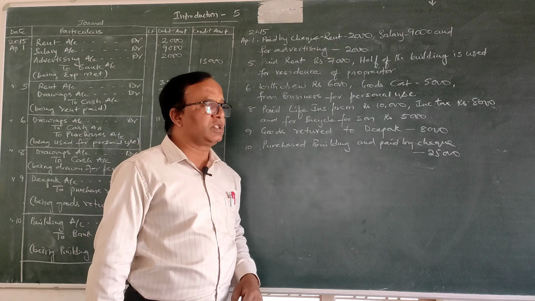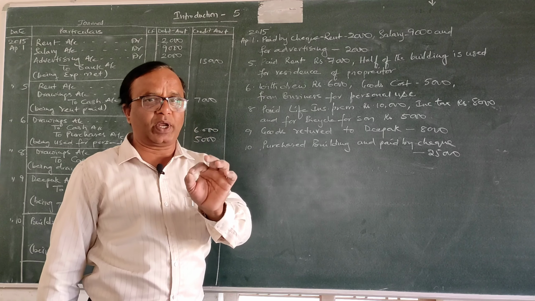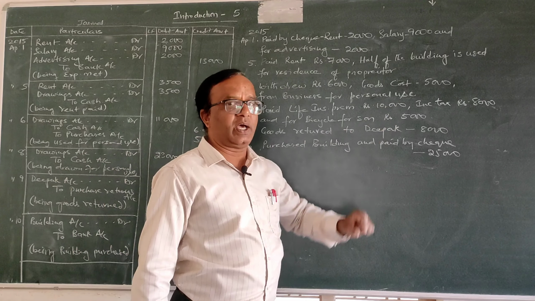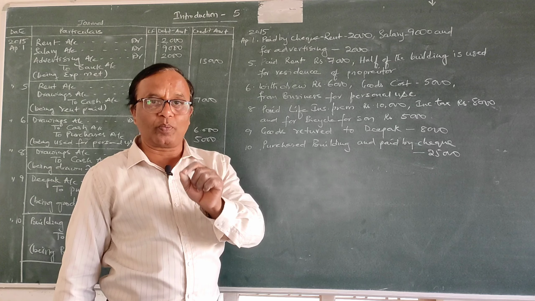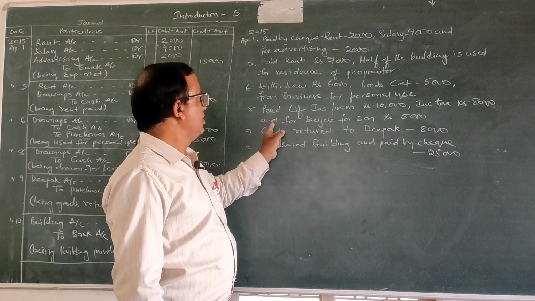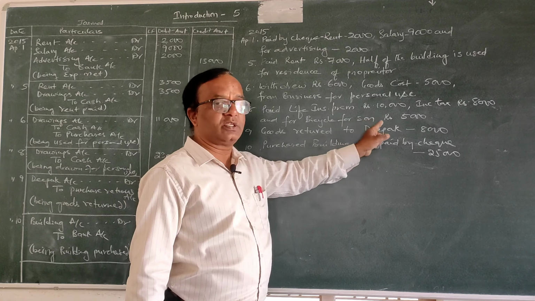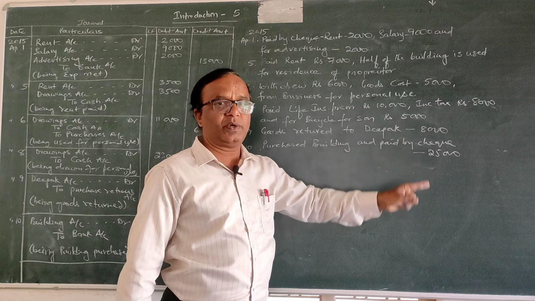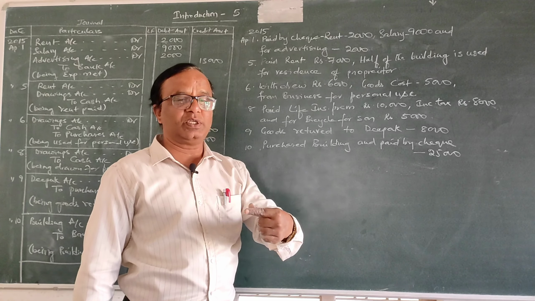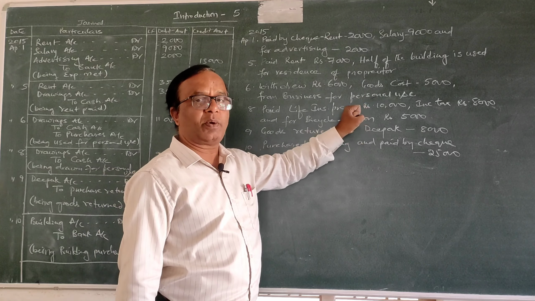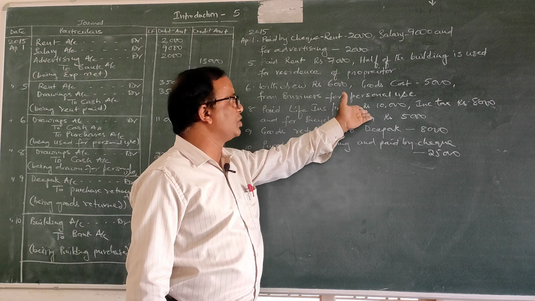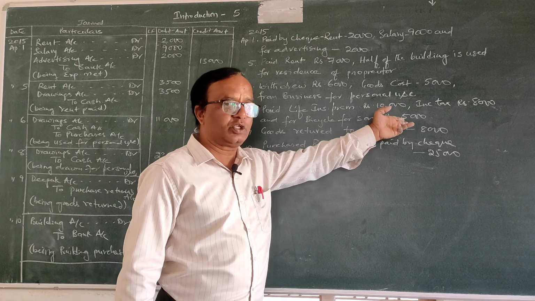Life insurance premium is nothing but a premium on the life of the proprietor. Then again, income tax is a personal tax which the proprietor has to pay. Then he has purchased a bicycle for his son. All these three payments are made from the business. In other words, from the business he has taken the cash for these three purposes and he has paid his life insurance premium, income tax, as well as purchased the bicycle.